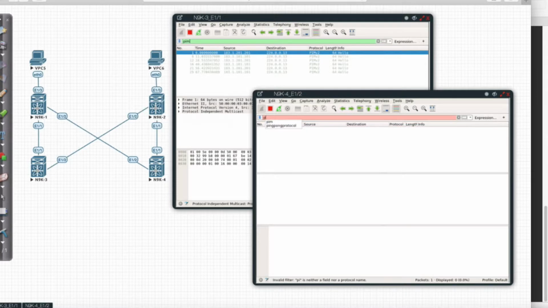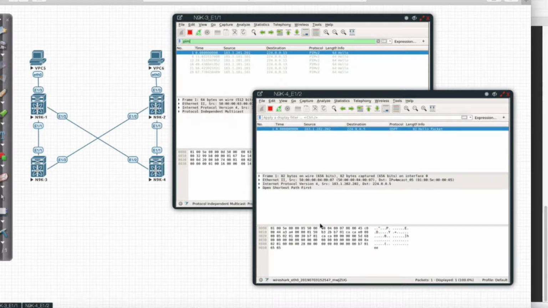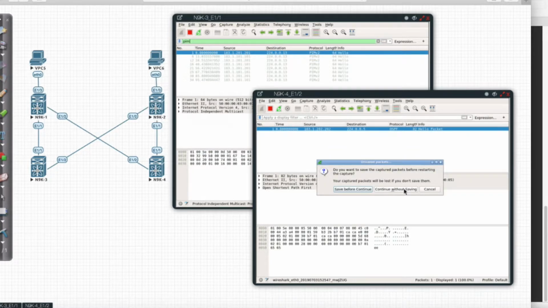Now this isn't sending any refresh, so let's go ahead. Sometimes this just kind of freezes, so I want to make certain that that's indeed not the case. I just want to see something come through here. I should see an OSPF packet come through at some point, just to see if it's working. So I'm going to refresh this one, say continue without saving.